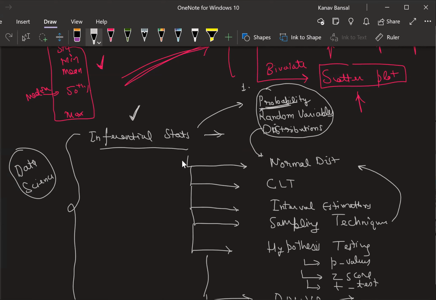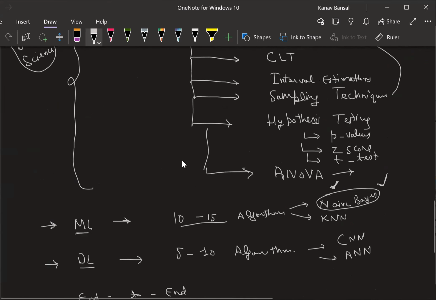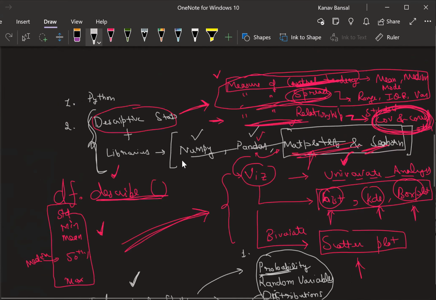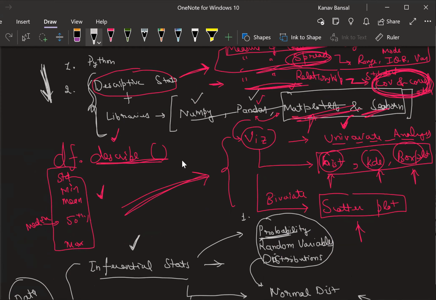See, what you can do is either you can go in the direction where you start learning tools, or you can go in the direction where you start learning the fundamentals. See, maybe today SAS is there, tomorrow some other tool might come. Now let's say you become very proficient with SAS, and tomorrow somebody else comes up with a better tool. All the things that you have learned over the years are going to go into the dustbin, because the new tool is going to demand a new set of things.